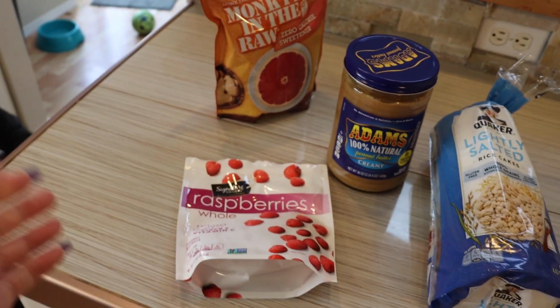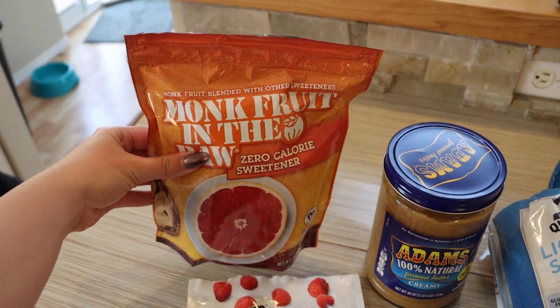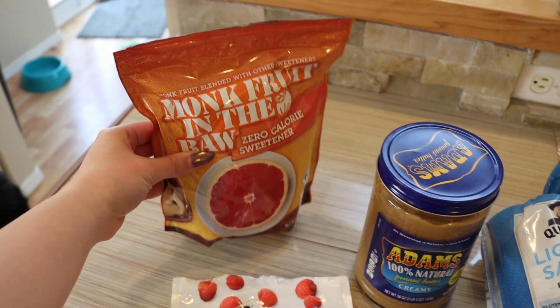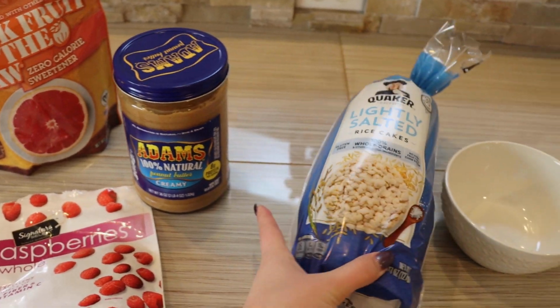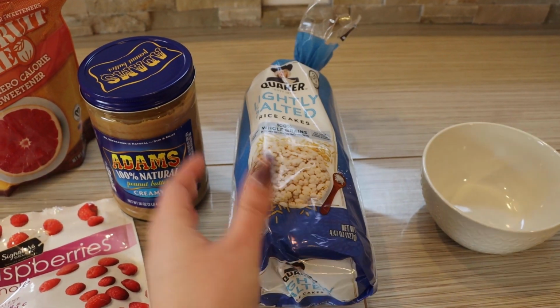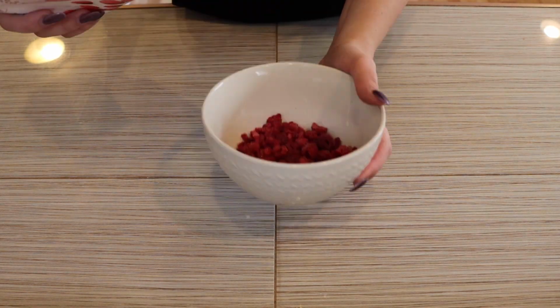So first we're going to start making these open face peanut butter and jelly rice cakes, kind of like a peanut butter and jelly sandwich. You're just going to take some frozen berries, monk fruit sweetener or any kind of sweetener you like, peanut butter, and rice cakes. So you're going to take your frozen berries and put them in a bowl and thaw them